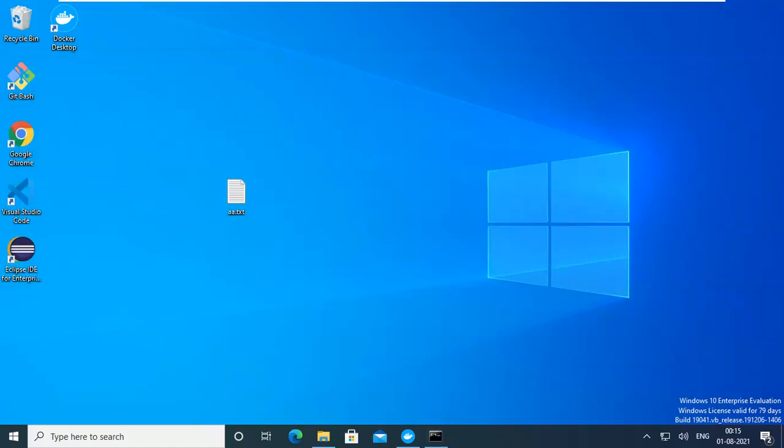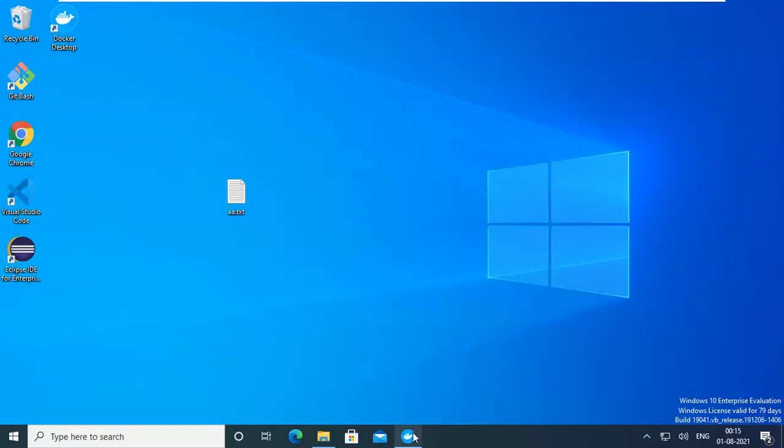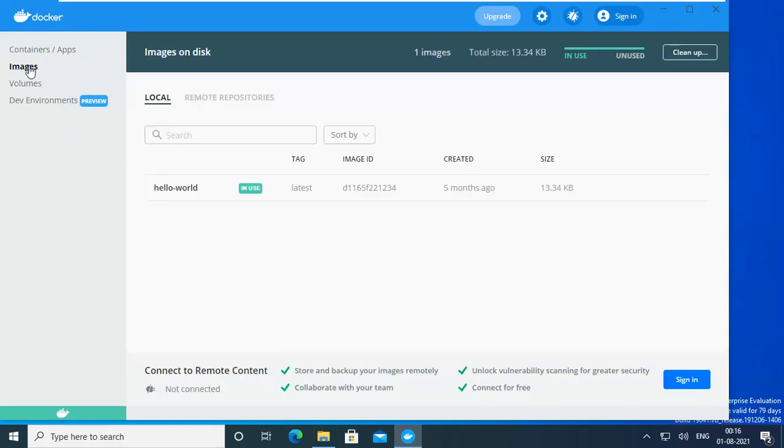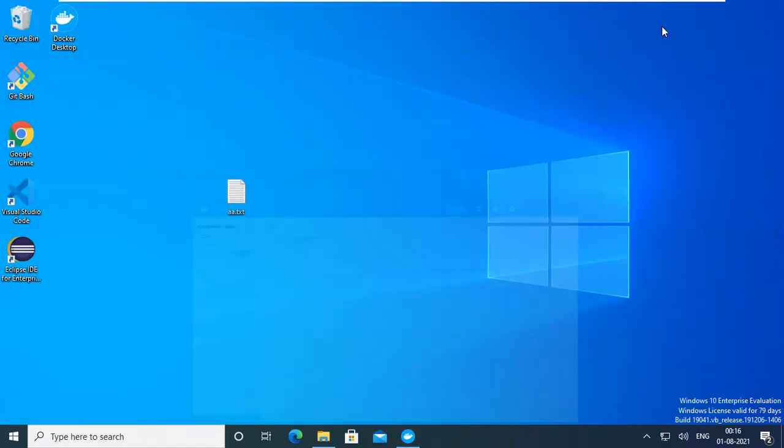So you can do it manually. I deleted everything, only hello world is in use. I think I created a container, it is exited, but it is a container. If you want to delete it manually, you can delete it.